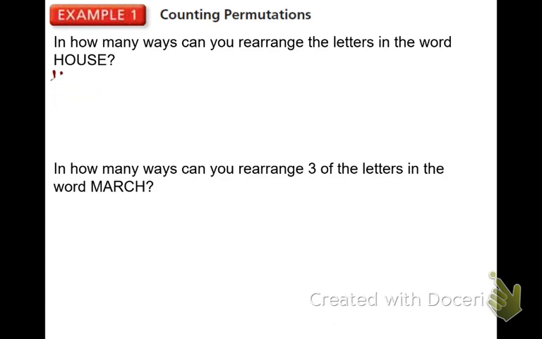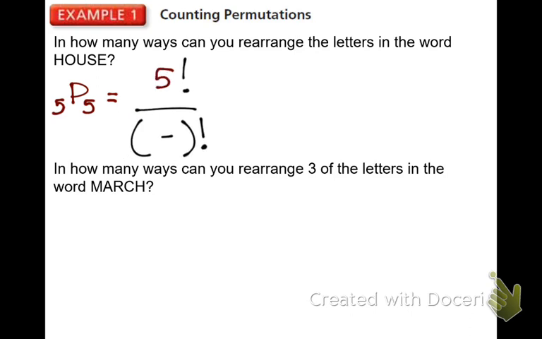So here's what we're going to do. We're going to do the permutation, because the order matters. We've already spelled it like house, so we can't use that again. How many letters are there total? 5. And how many of them are we rearranging? 5 of them. So 5 letters, we're rearranging all 5 of them. So in the top, we're going to have 5 factorial. In the bottom, we'll have 5 minus 5, which is,